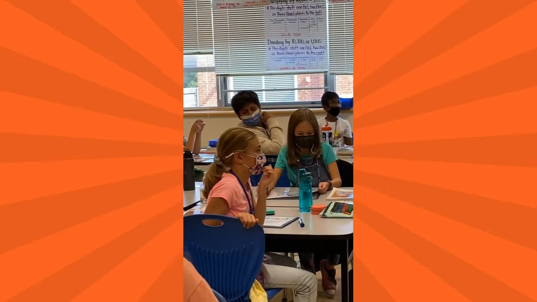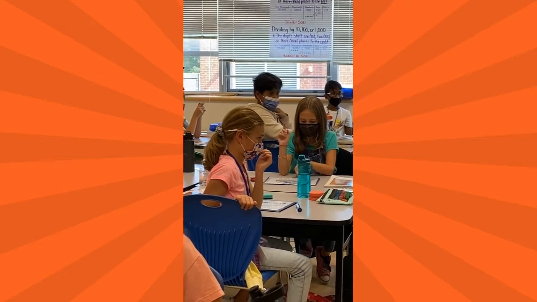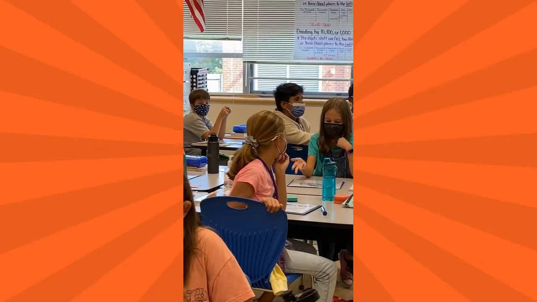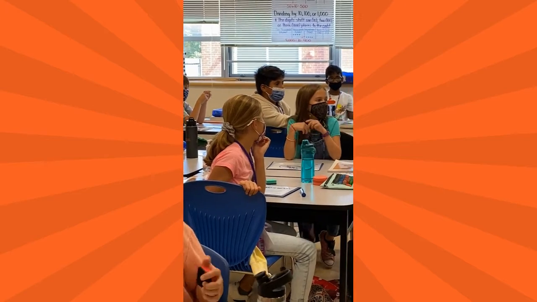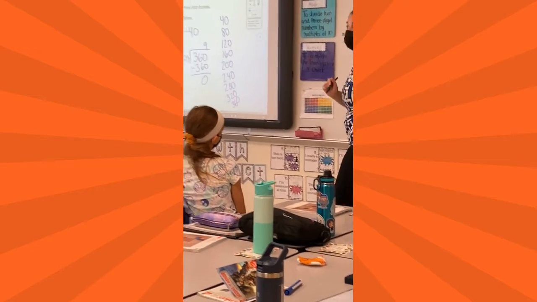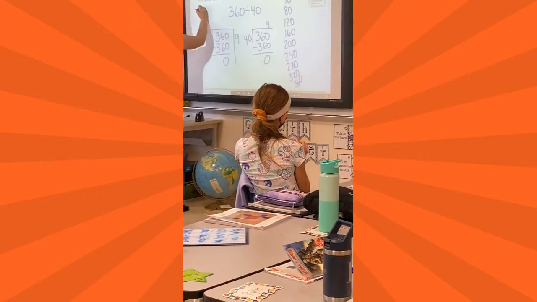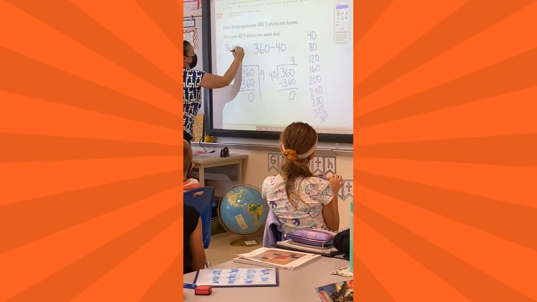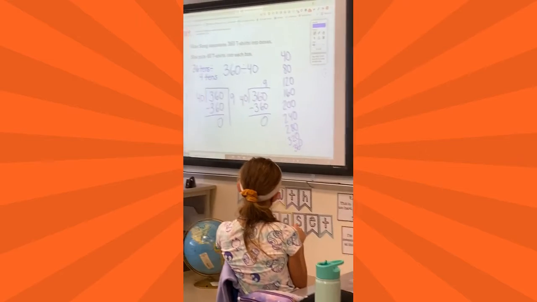Yes. We did 36 divided by 4. And we got 9. So it would have been the same answer for 360. So 36 divided by 4. Can I add a little something to that? Because a lot of people looked at it and said, oh, I know 36 divided by 4, or I know 9 times 4. Can I tell you what you really did and you may not have realized it? Here's what you did, which should look familiar. You did this. Isn't that what you did?